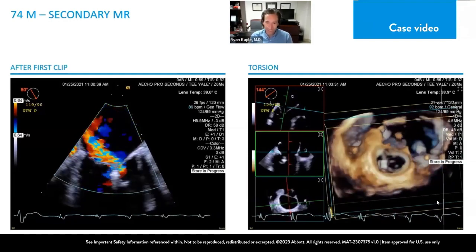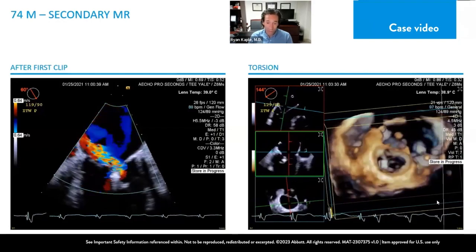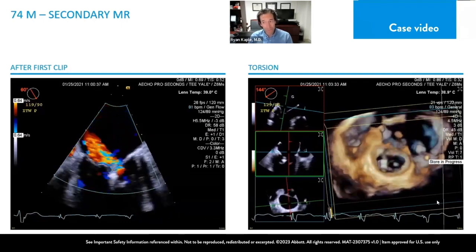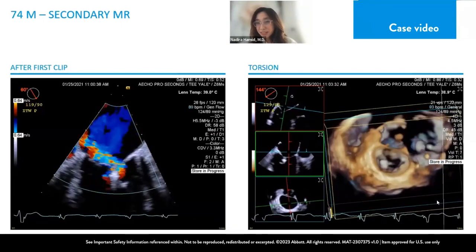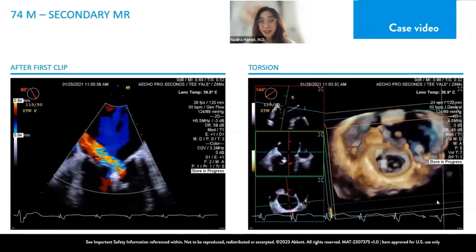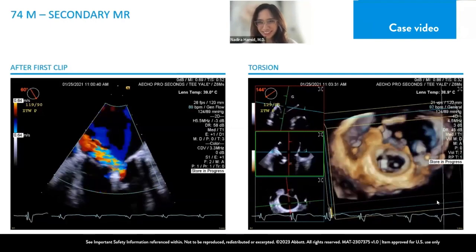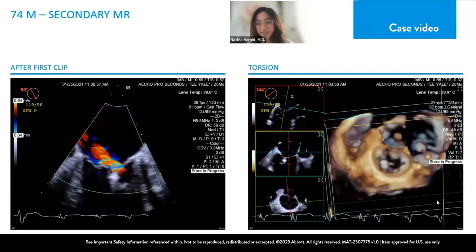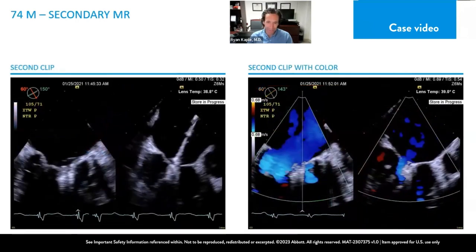it's always safer to go down the middle. So when you can, it's certainly reasonable to start there, and it probably had more leaflet length. Probably could have used a bigger clip. Yeah, and my thought was to try and grasp and see how it does. And sometimes in that case that I had a couple of weeks ago, that's what we did, and it worked. So we just left with one clip. Yeah, definitely. Especially if there's clefts and things like that, you're not quite sure how the leaflets are going to